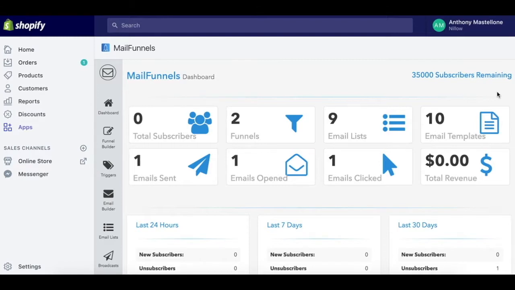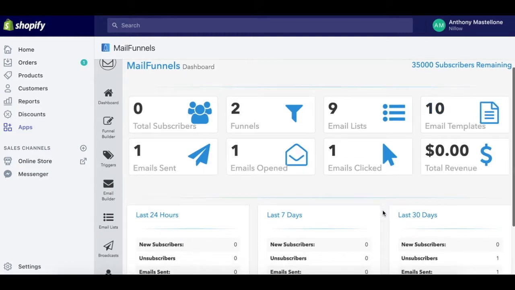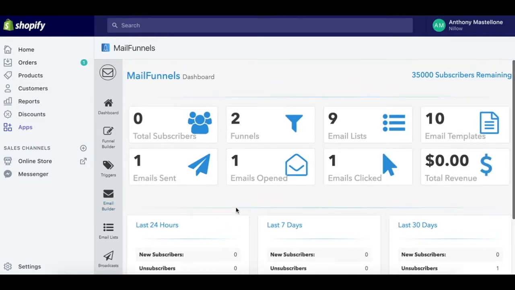So as you can see on the dashboard, we have our live analytics that are updated every single second, so you know exactly what MailFunnels is doing for you and your e-com store. And you'll be able to gauge your effectiveness and also see how much revenue you're earning with these very emails. So if we were to start building out an email sequence, an email funnel, what we're going